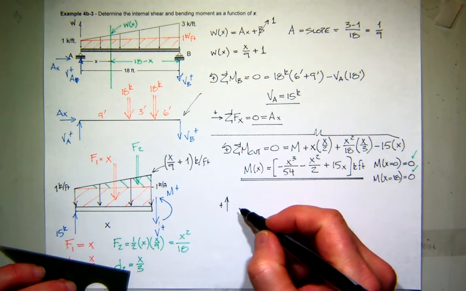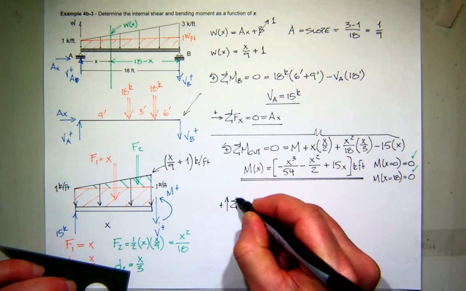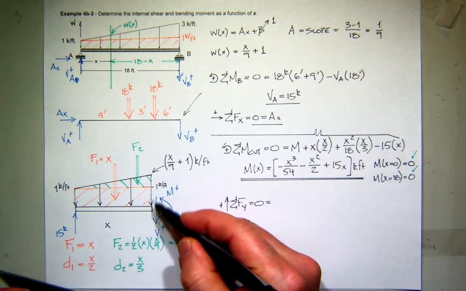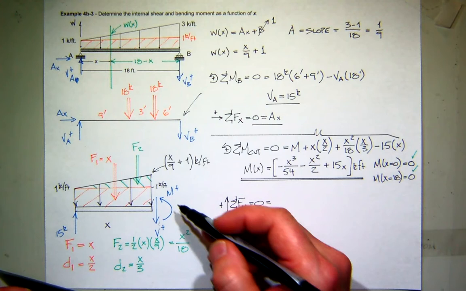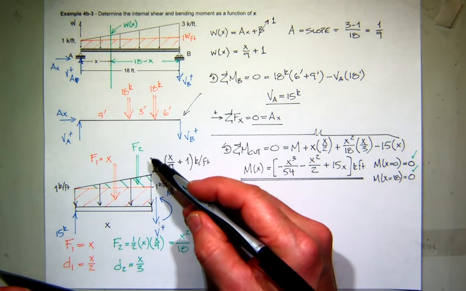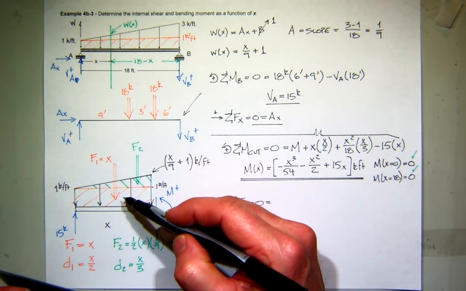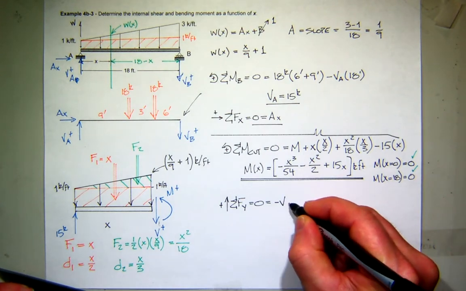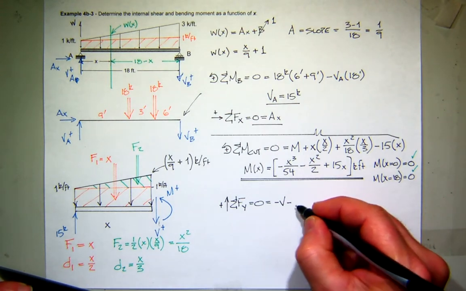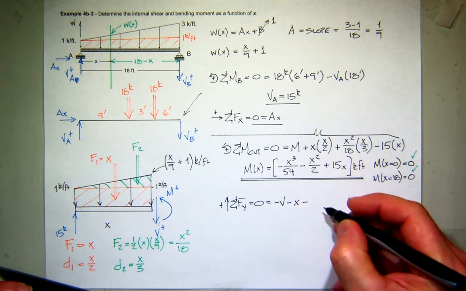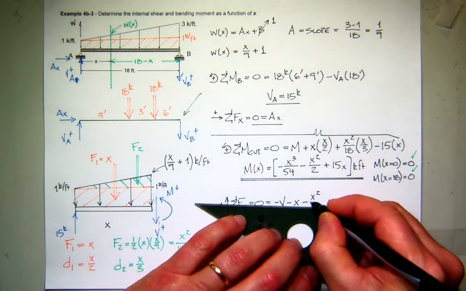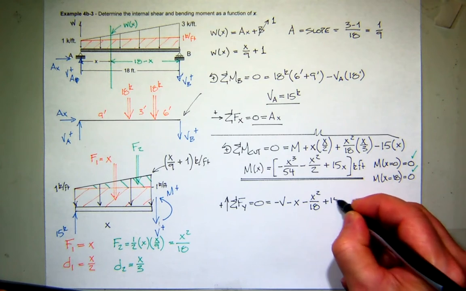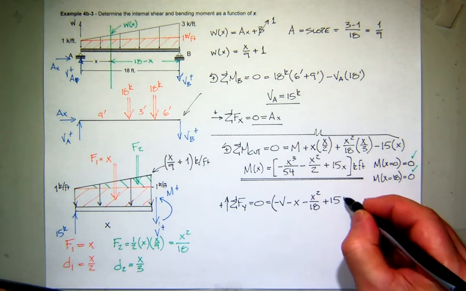Okay, so let's sum forces in the y direction, and we should be able to determine what our shear force is. So I'm going to assume up is positive. So I've got shear down, negative, F2 down, negative, F1 down, negative, 15 kips up, positive. So I'm going to start with minus shear, minus F1, which is x, minus F2, which is x squared over 18, plus 15. And that would all have units of